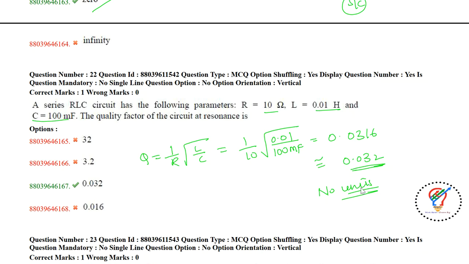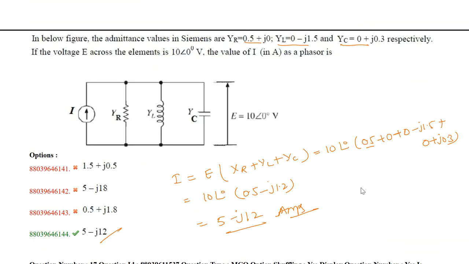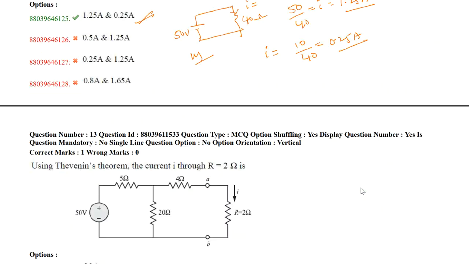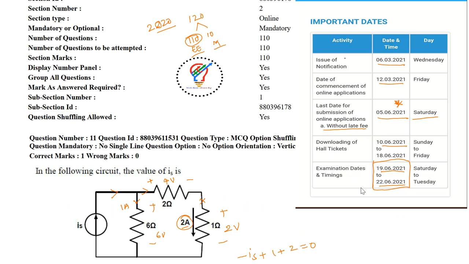These are the questions which were asked in the TSPGECET paper, and remember the important points here. The examination will be conducted in the next two weeks. Those who are preparing for the exam, do practice of these papers. The examination will be from 19/6/2021 to 22/6/2021, unless there is a delay in the examination, and the last date for the application is 5/6/2021.